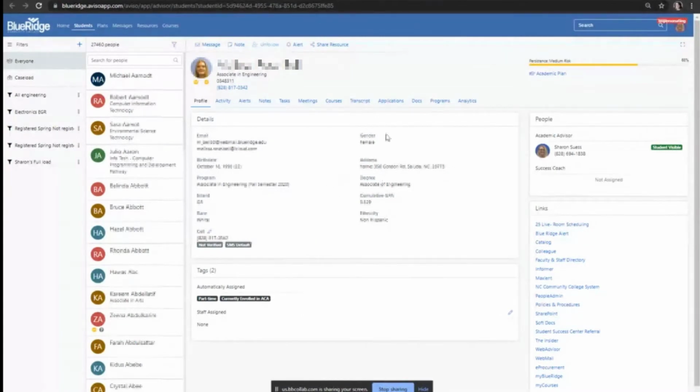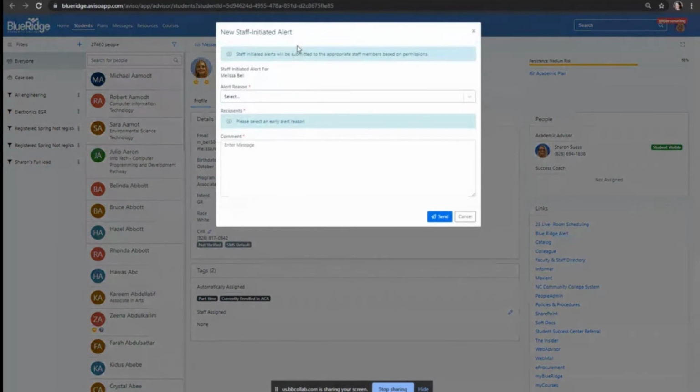From this page, you're actually going to be able to look at several tabs with several topics of information. But for the purpose of this video today, you're going to see this information at the top that says alert, and there's a small bell beside it. And if you hover, you're going to see create an alert for the student's name. So you'll click on this option. It's going to bring up another menu. From this menu, you're going to be able to click on this drop down. On the drop down, the very first one is academic early alert.